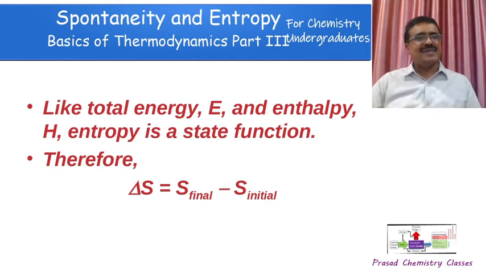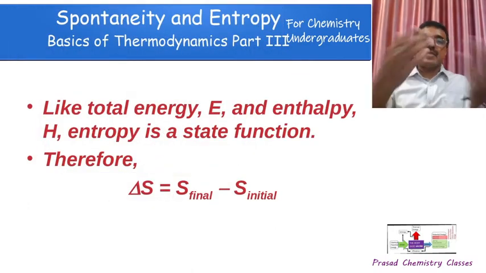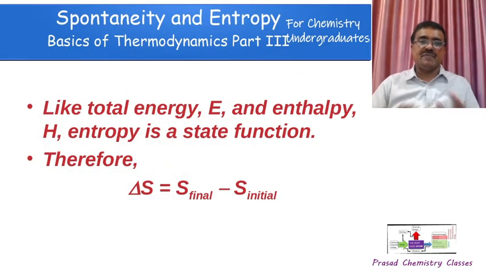And we can see that entropy is a state function. We have already proven that. That is a constant. It depends on the initial and final state, not on the path by which the process happens. So that is a state function. Change in entropy can be given as delta S equals S final minus S initial. Whatever the path through which the process is happening, if it goes to the final state, the change in entropy will be the same. And it is defined as the integral of dQ reversible by T.